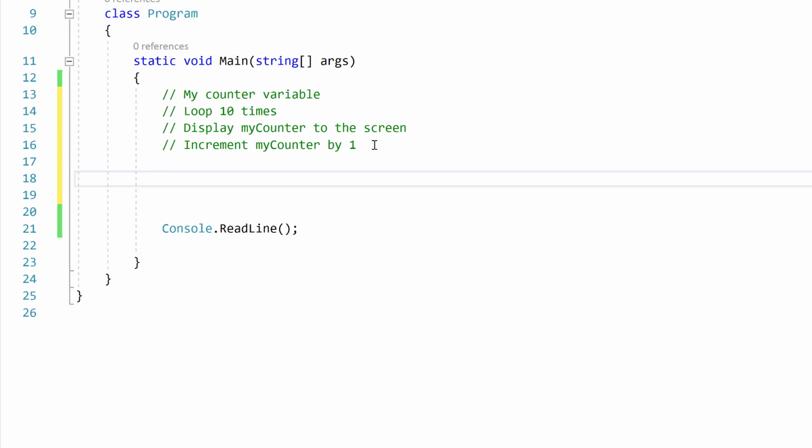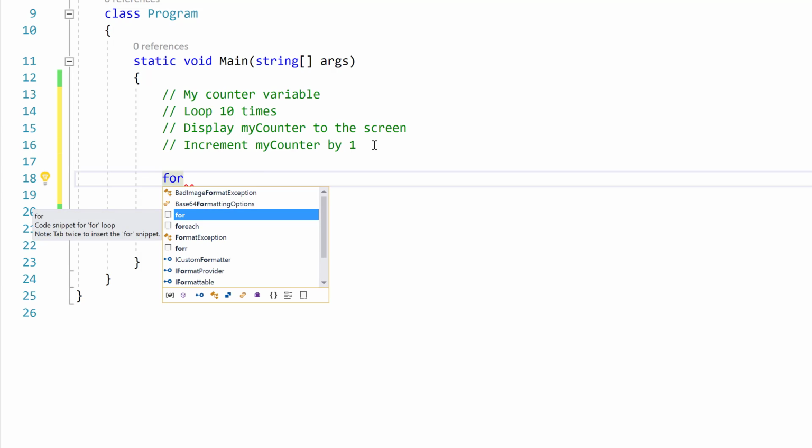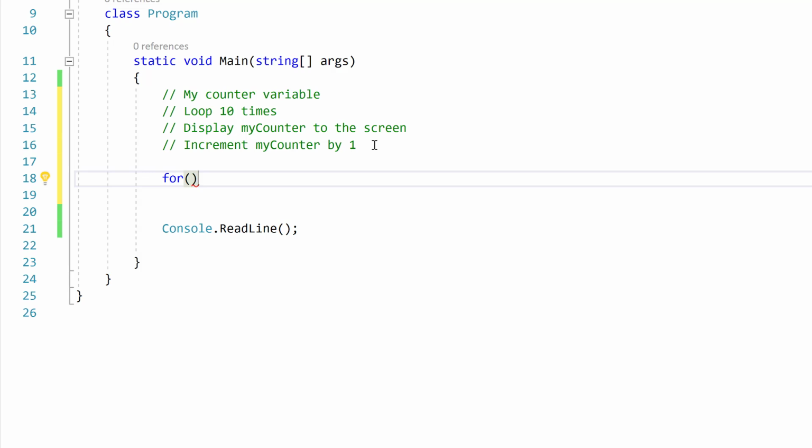Instead of using a while statement, we can use what's called a for statement. To write a for statement, write the word for and open a parenthesis. A for statement consists of three parts. First, we want to initialize a new variable. Int my counter equals 0. After you make this statement, place a semicolon